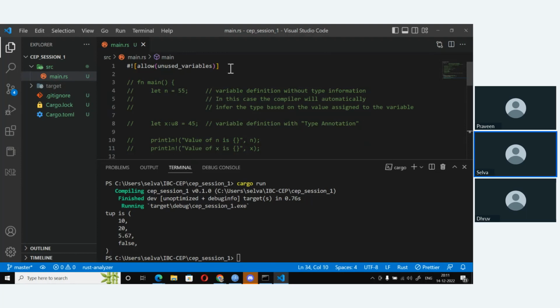When you're a beginner, this is fine. But as you go on, you should not have the allow unused variables annotation inside of your production code at all. No way. I always keep saying, just because you can does not mean you should. That's the rule you should always follow. Because it allows you to do it doesn't mean that you have to put that in production code. There's a reason behind this.